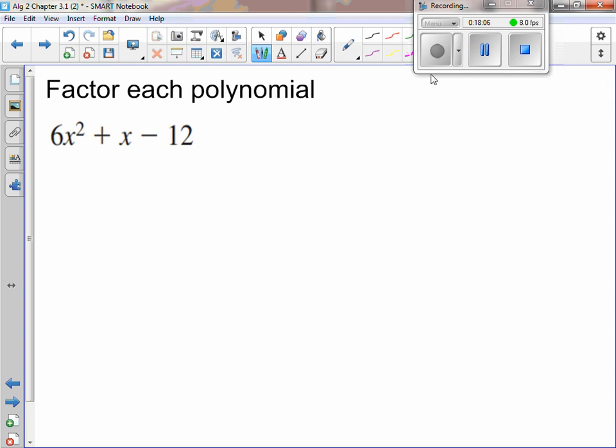Let's look at this one here. So we did skip 1. That's fine. So looking at this one here, we're looking at our 6x squared plus x minus 12. Is there a greatest common factor between all three terms? No, there's one between 6x squared and 12, but we can't factor it out because we have to factor it out of all three. So since there's no greatest common factor, we move on to step 2,